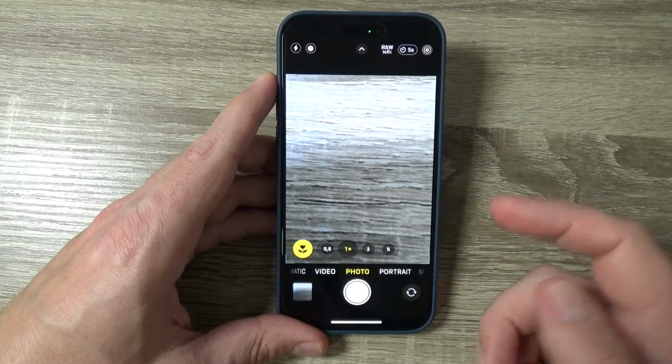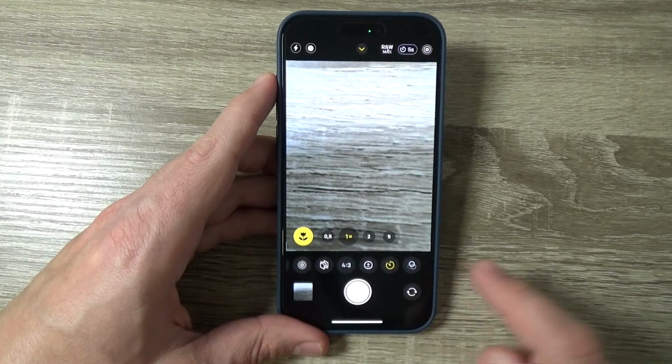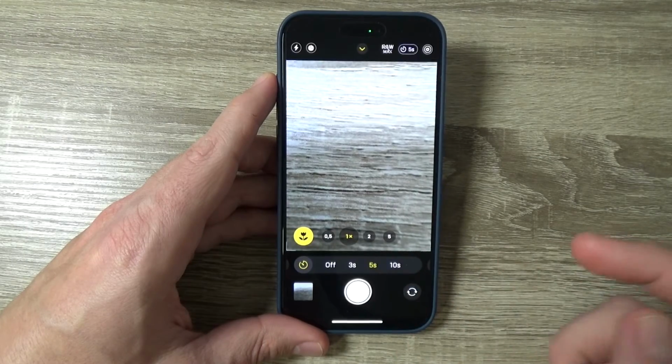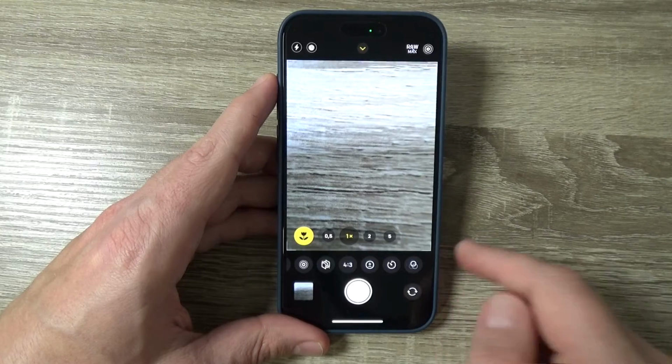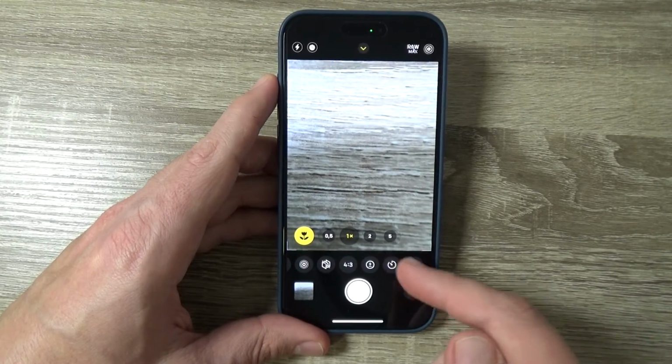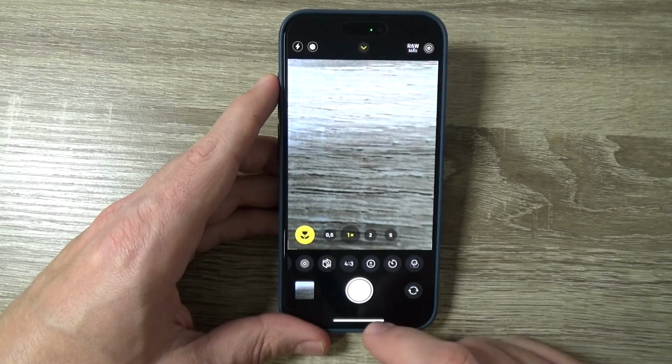Okay. Now to turn it off again, swipe up, swipe to the right, go to the camera timer icon, and tap here on off, and that's all. And as you can see now, the icon is not yellow anymore. So it is very easy in my